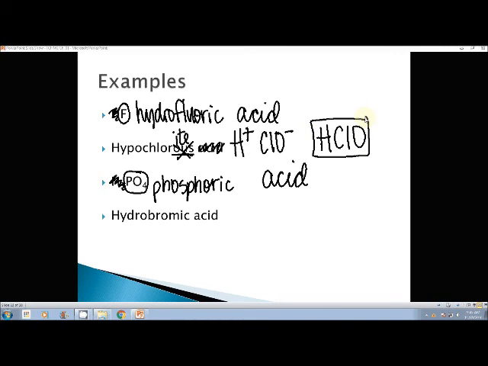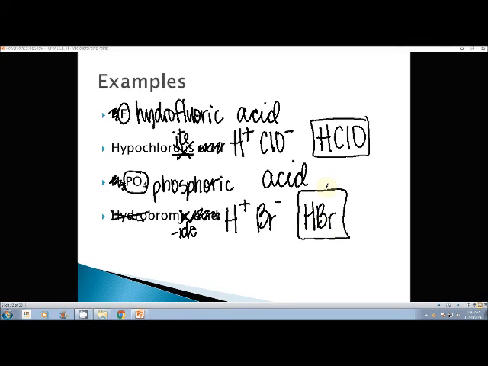The last thing we have is hydrobromic acid. So the acid word tells us that we're going to start with an H. Now we have hydrobromic. Hydro and ic, the combination, is on our acid list. So if we drop the hydro and the ic and we add IDE, because that's the line it's talking about, it's just bromide. That's from the periodic table, bromine. So bromine has a -1 charge, so the formula would be